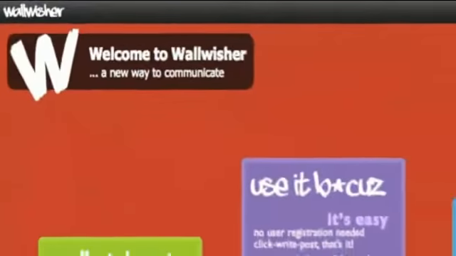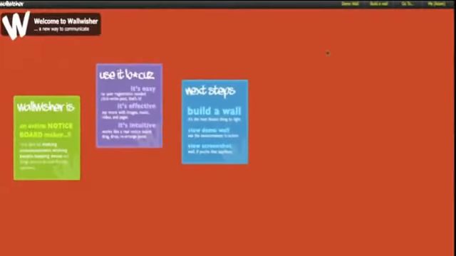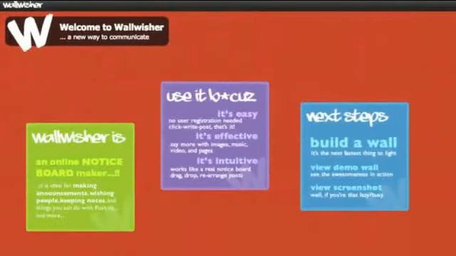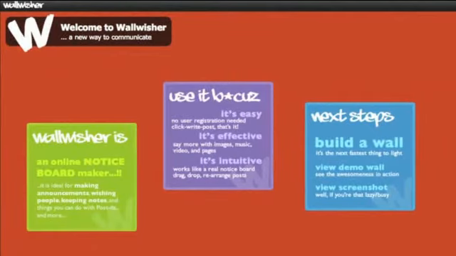Alright, so today we're going to take a look at a really great site called Wallwisher. Now, Wallwisher creates kind of a digital online notice board. It's kind of like a cork board where you can post anything you want, allow people to edit it and post their own stuff as well. Great for collaborating in small groups, and also for sharing things that you want with the world. So let's take a look at how easy it is to use and how great it can be in terms